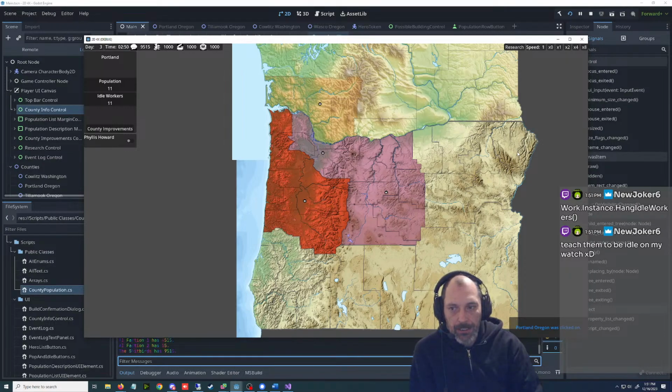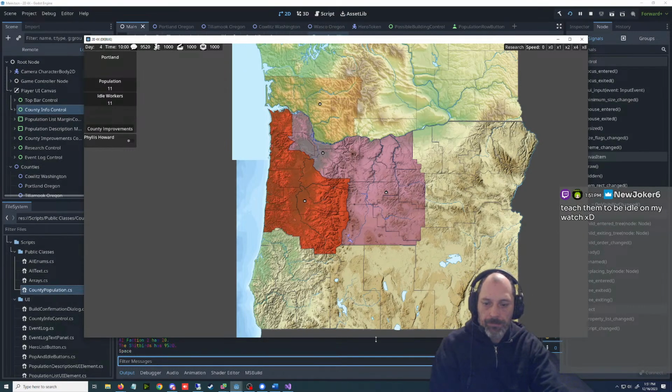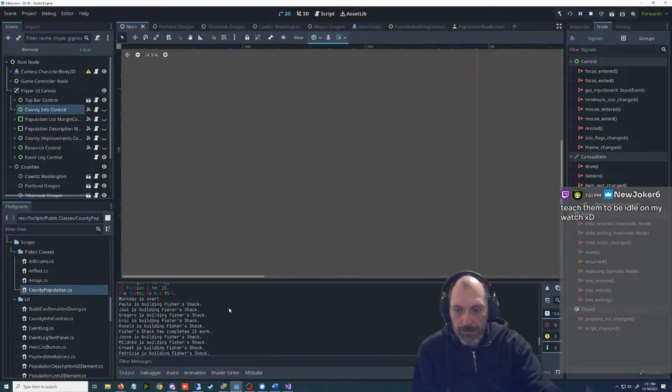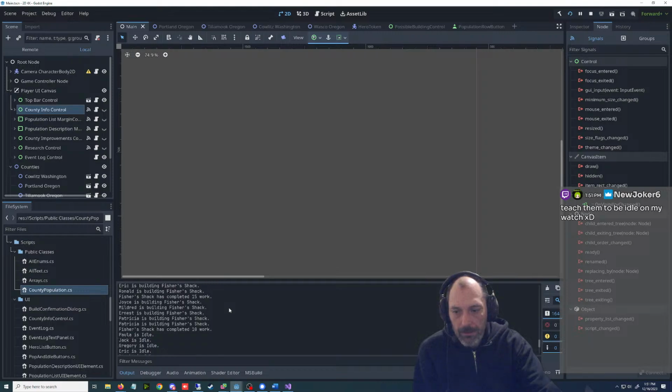They're not changing, though. So it should have changed a bunch of times. Patricia is building 2 of them. I wonder if there was 2 Patricias.